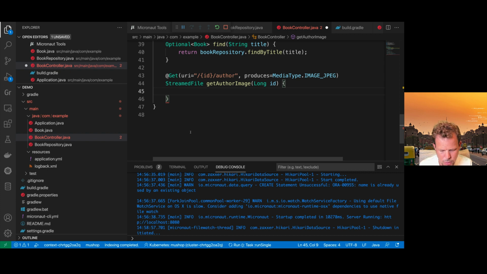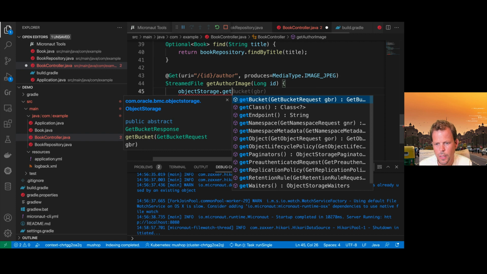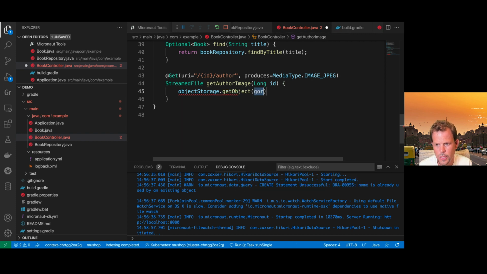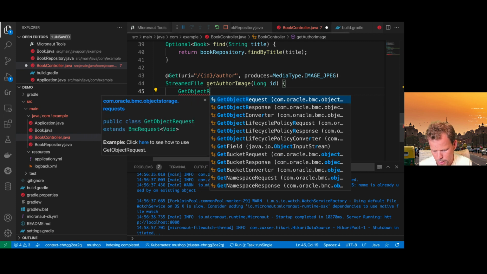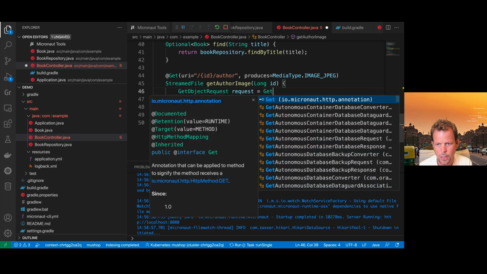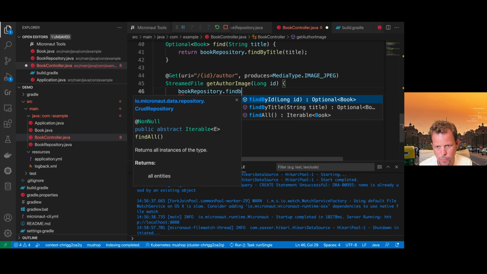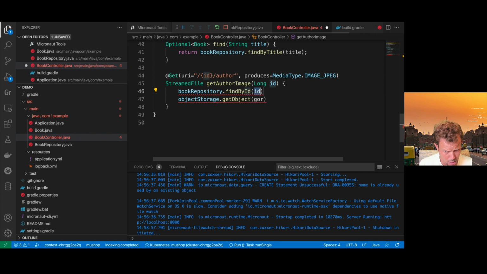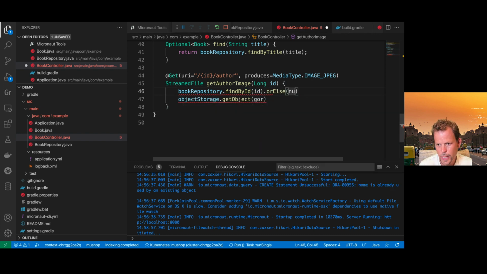And what we're going to do is use the object storage client to get an object from object storage in Oracle Cloud. Now, in order to do that, we have to send a get object request, right? So this is going to be my request, and we have to build that up. But before I do that, I'm going to use my repository to find a particular book by that ID